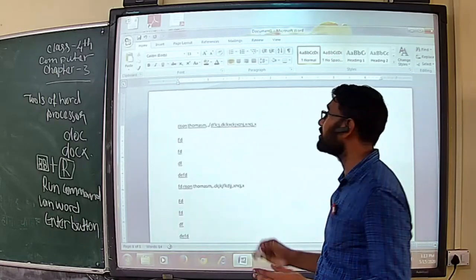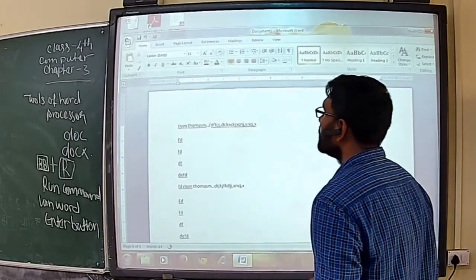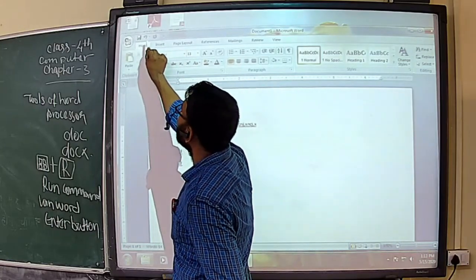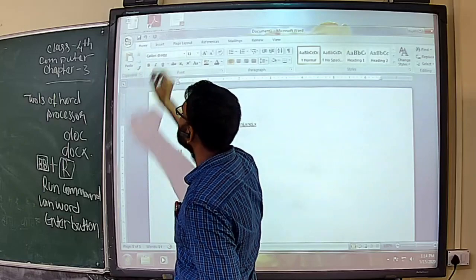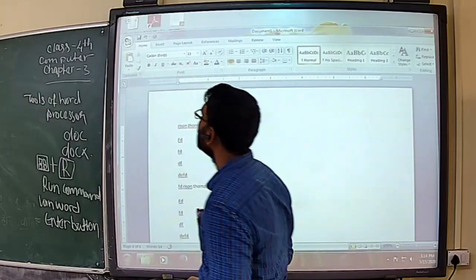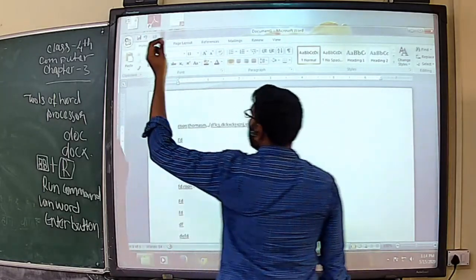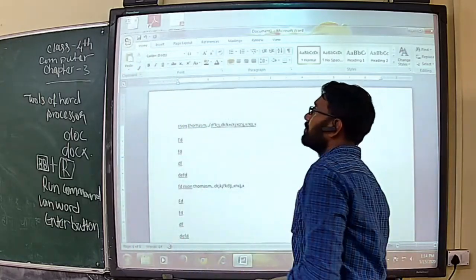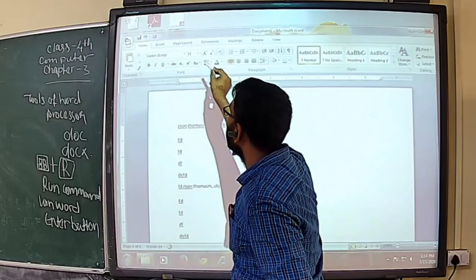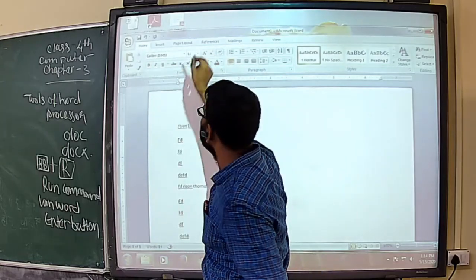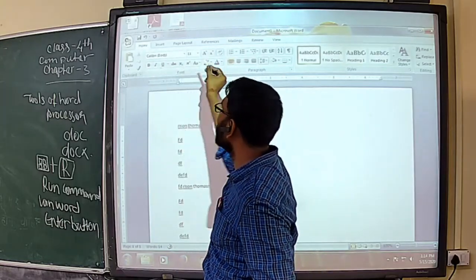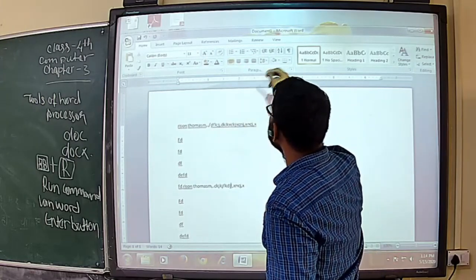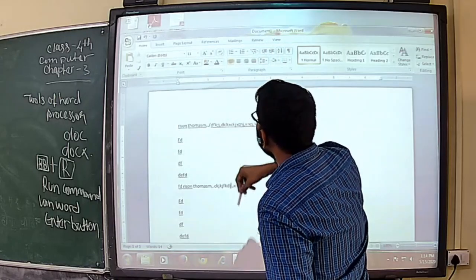Clear? Then you can see the undo section: a small floppy disk icon, then a left arrow and a right arrow. The left arrow is called undo and the right arrow is called redo. The one near the floppy drive is called the save button. Clear? Then you can see paste. This group is called the font group, where you can change bold, italics, underline, and the rest. This is for alignments, left alignment, right alignment. Then bullets and numbering. Then there are heading types.